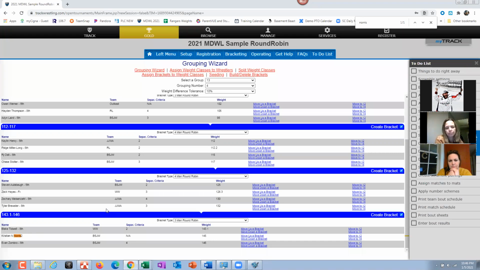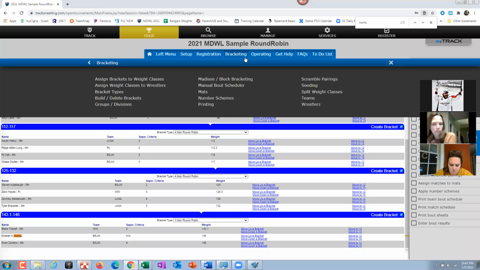So this is the only way, if you want to create a match between 2 people, but you don't want them wrestling the other people within each other's bracket, you can create 2 versions of them and then just create that one match, and then you can place it wherever. I don't know if you'll have that. Typically you'll have that at the bigger weights. We actually lucked out because everyone was cool, and we ended up having a bracket of 4. I think all 4 kids were like 150 or 160 and above. And of course the big kid, who was 197 pounds, won all 3 matches, but I don't think anyone got hurt.